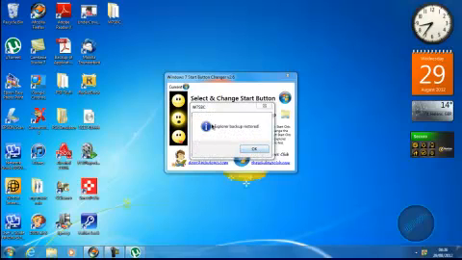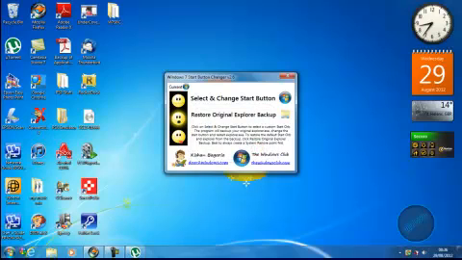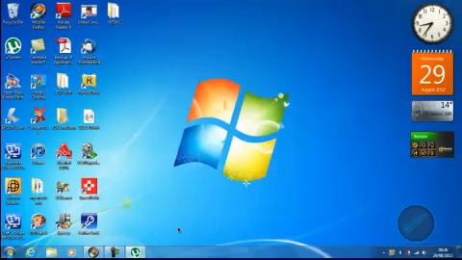You get a little pop-up saying that Explorer backup restored, and as you can see from the bottom left hand side of the screen, your Windows 7 startorb has changed back to the default that Windows 7 installed. Now that you know how to change your Windows startorb, what we're going to do now is go back into